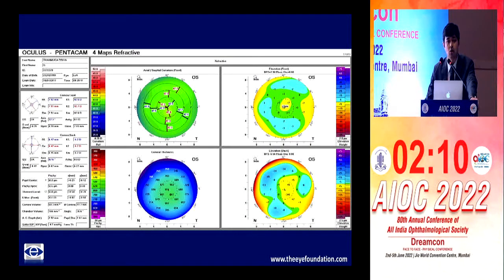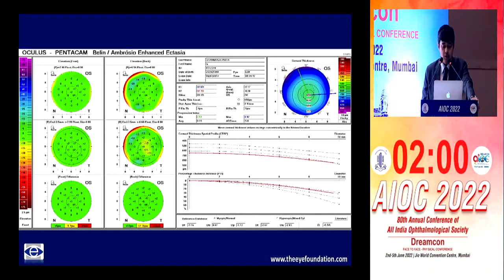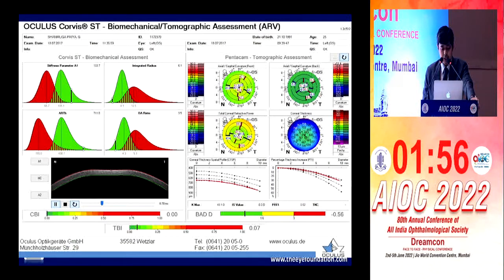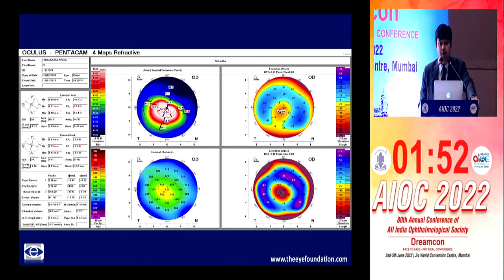But then to provide a contrarian view, in the last 3 to 4 years of using this device, we've been seeing multiple cases, and just one case example, where an absolutely normal eye, very thick cornea, 600 plus thickness, overall D is normal, CBI is normal, TBI is normal, you would expect that, but this is the fellow eye of the same patient. And so there are obviously still parameters which we are not understanding, not able to detect with the